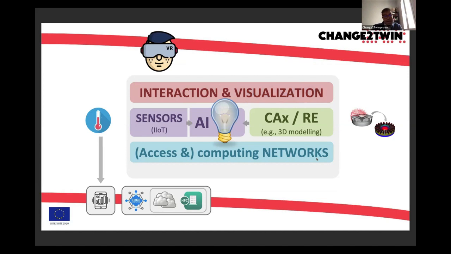And finally, this is not my key expertise, but all these blocks need to be managed with several data management techniques, processes, and mechanisms. In this part, I only wanted to add that blockchain may have an important role in managing digital data from digital twins. So this is the technical picture I wanted to show, just to go back again